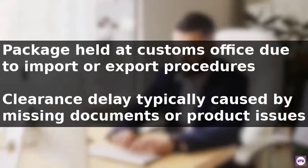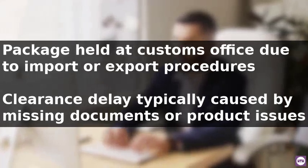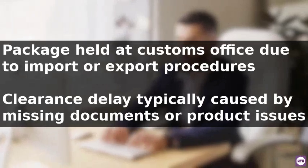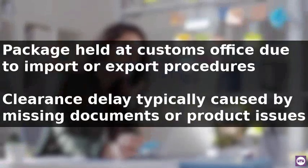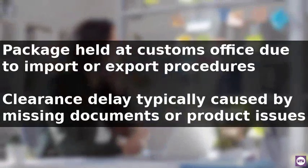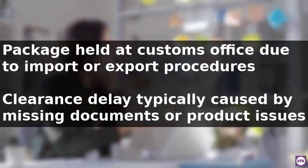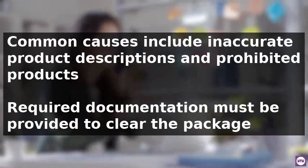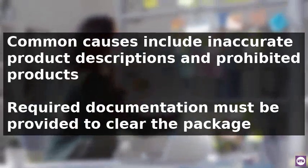When a package is being shipped through FedEx and the shipping status indicates a clearance delay, it means the package is being held at the customs office, typically due to import or export procedures. To resolve this issue, it is necessary to contact the relevant customer service department and inquire about the reasons for